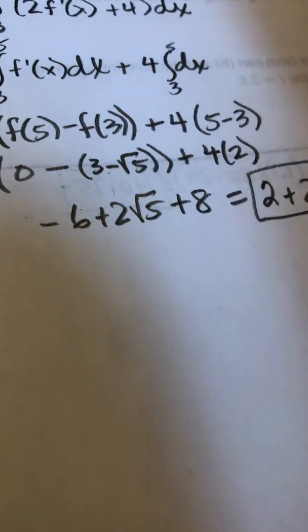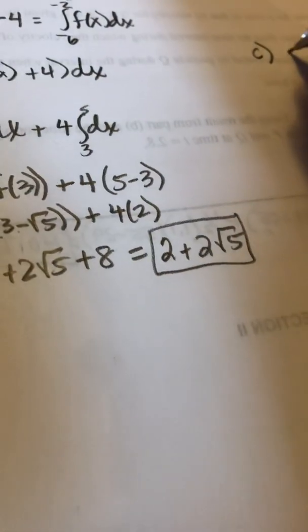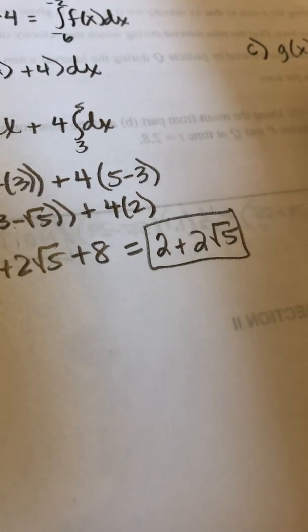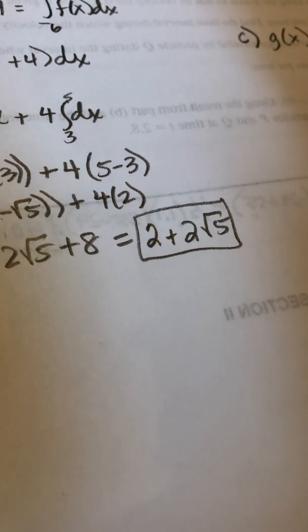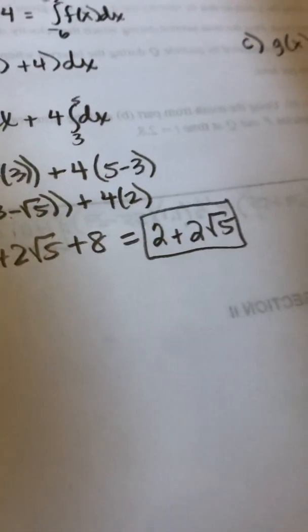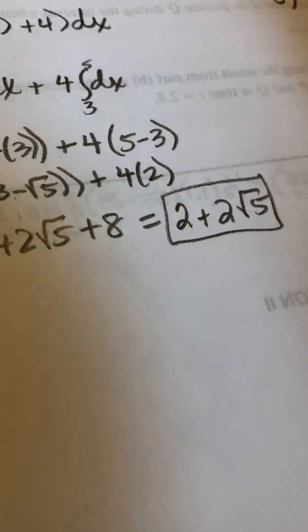Part C. So g of x is the integral from -2 to x of f of t dt. We want to find the absolute maximum value of g on the interval and justify our answer. Well, let's remember that we can conclude that g prime of x equals f of x. And if we want to look for the absolute maximum,